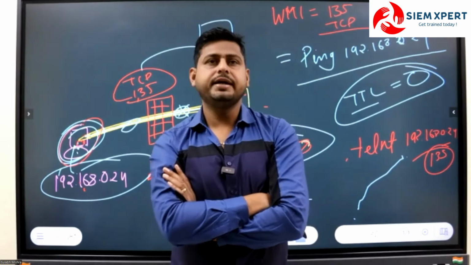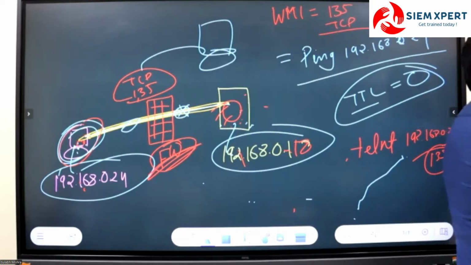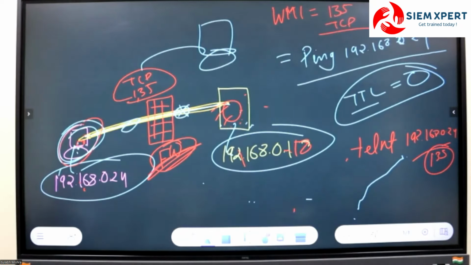We have to ensure that WMI port number TCP 135 should be opened between